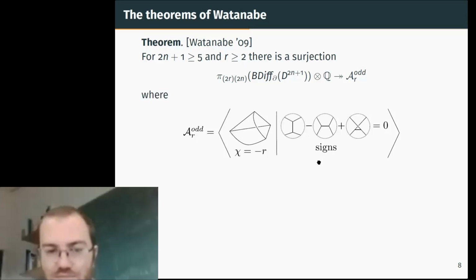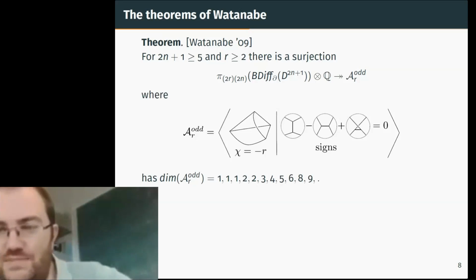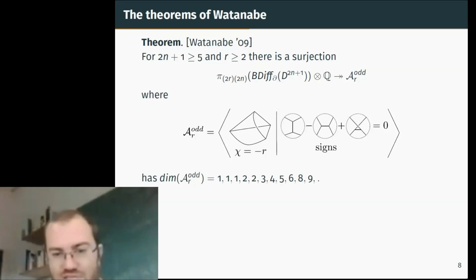They're very complicated. But you take this vector space, so it's spanned by trivalent graphs of a known first Betti number, modulo these local moves. And he proves that whatever this homotopy group is, it surjects onto this space of graphs. And it's very difficult to compute the dimensions of these spaces of graphs. The first few are known. They go 1, 1, 1, 2, 2, 3, 4, 5, 6, 8, 9. But at some point we definitely don't know the answer anymore, and it's not much further than this.